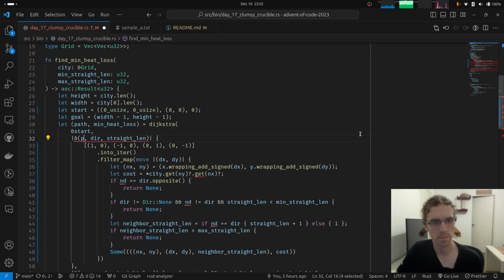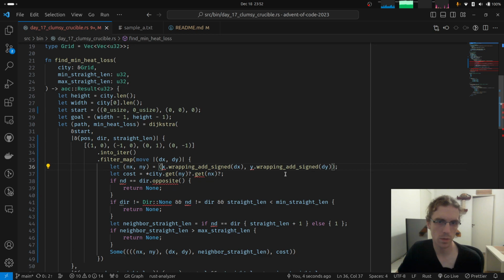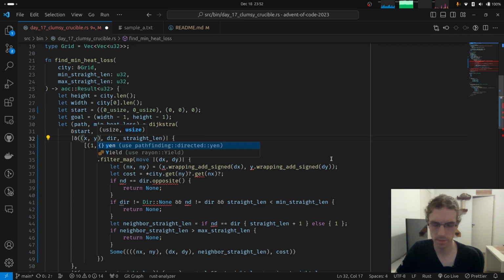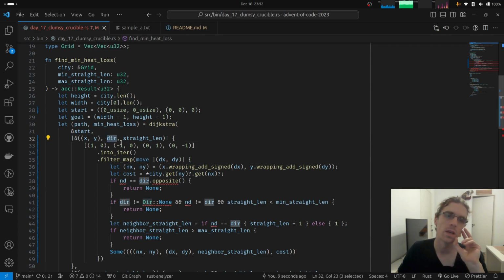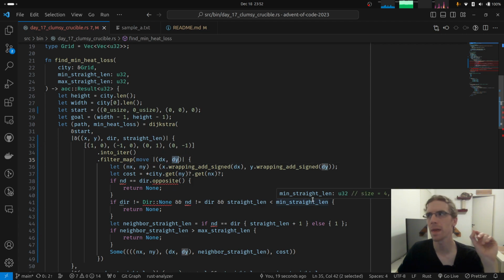position, where are we using x and y? We are using it here, right? Well, I guess we could extract x and y. All right. How do we say, okay, opposite? This is like the direction of the node that we are evaluating, and then this is the direction of the neighbor.